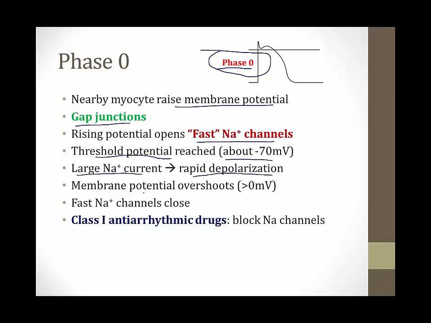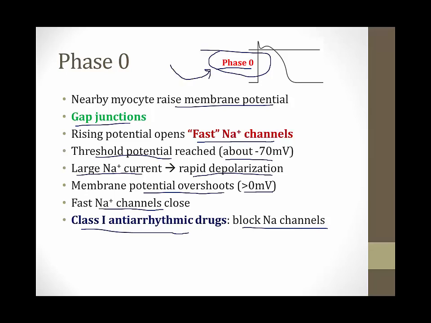Eventually, the membrane potential overshoots and becomes greater than 0 millivolts. At this point, the fast sodium channels close. And an important clinical tie-in of phase 0 of the cardiac action potential has to do with class 1 antiarrhythmic drugs. I talk about these in another video, but they all work by blocking sodium channels and delaying phase 0